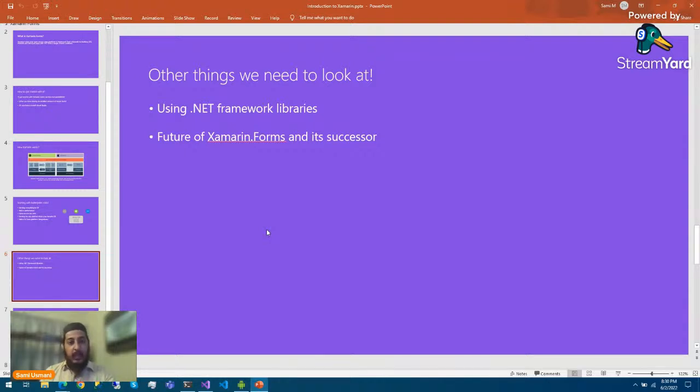We can use all kinds of .NET framework libraries here. Sometimes people start developing applications for the website. They start with chat rooms, chatting groups, some sort of things. So they have SignalR from the .NET side. I'm just telling you a scenario of what you can do with the .NET libraries in Xamarin.Forms. So you have the SignalR library for the chat options.